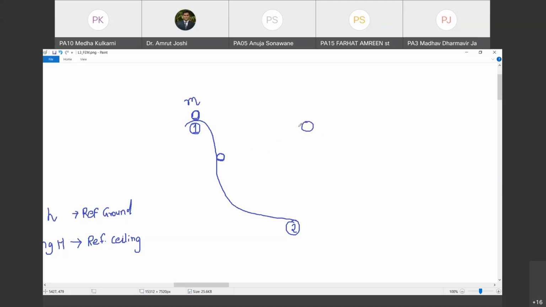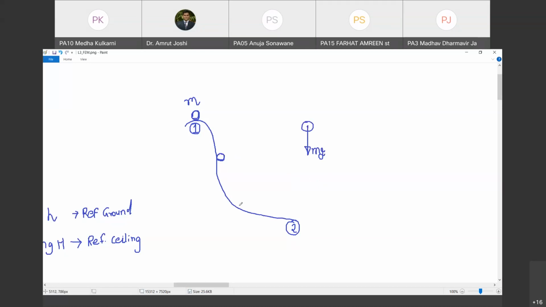So in the intermediate position, is Earth external to the ball? Yes, Earth is external to the ball. Do you agree with me? Yes, sir. So I free the ball from Earth, and I must show what the Earth must have been doing. So Earth must have been pulling it down by force mg. Do you agree with me? Yes, sir. Chalo. Now, what else is external to this ball?